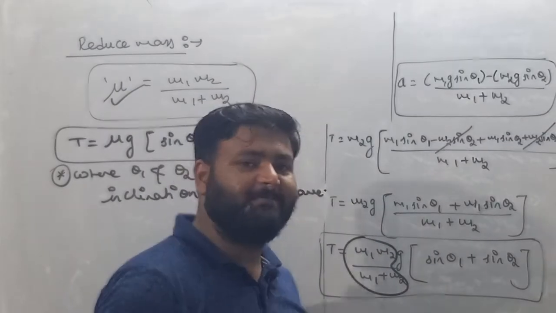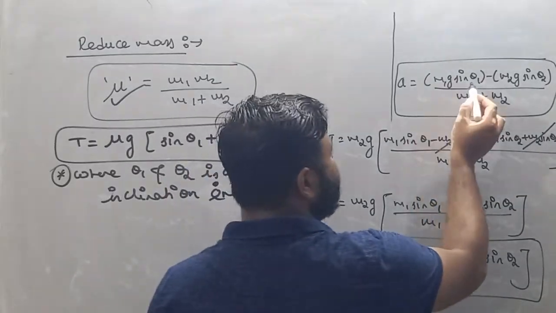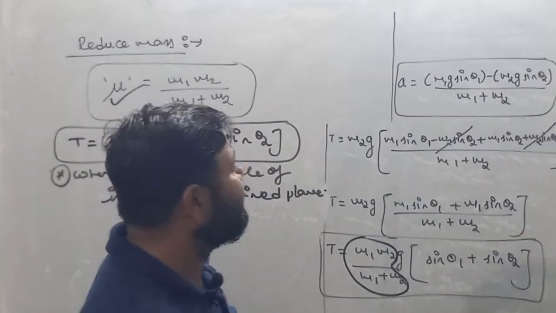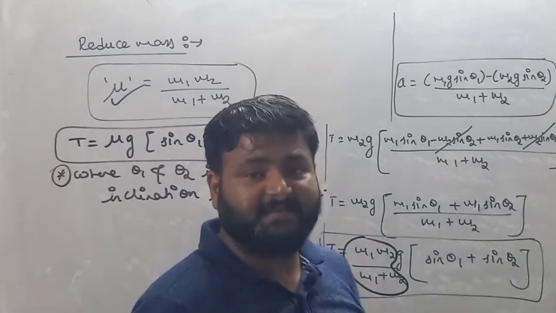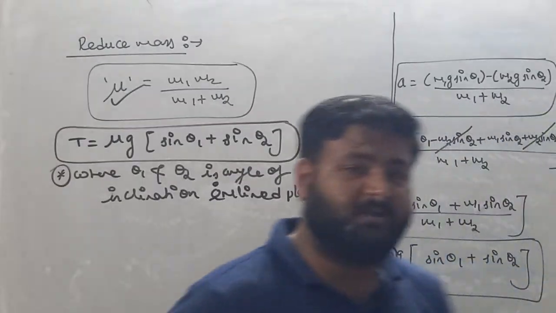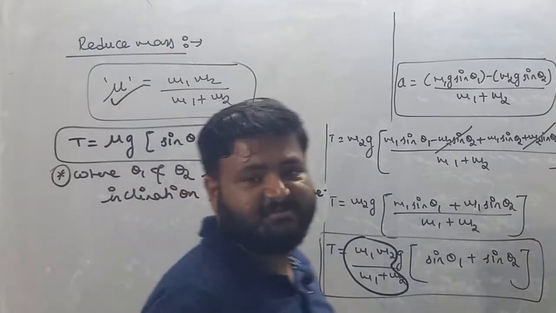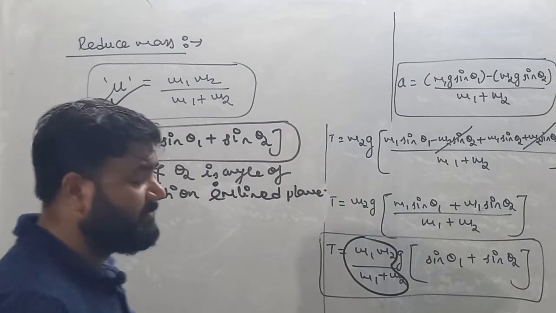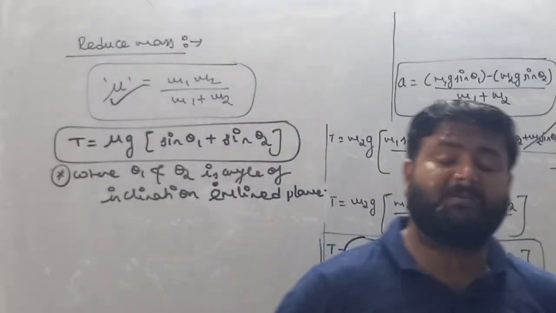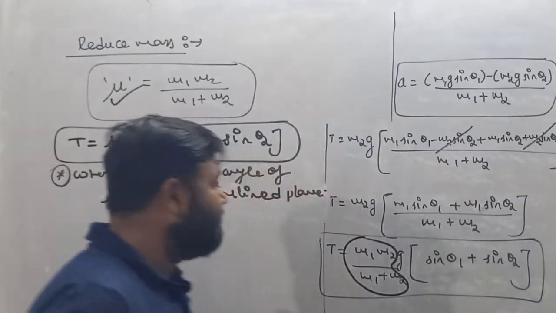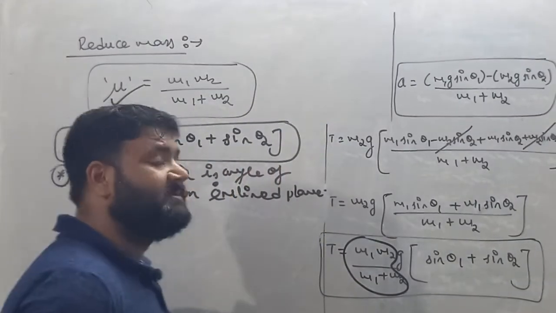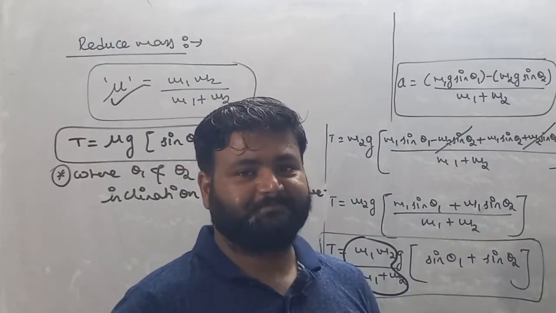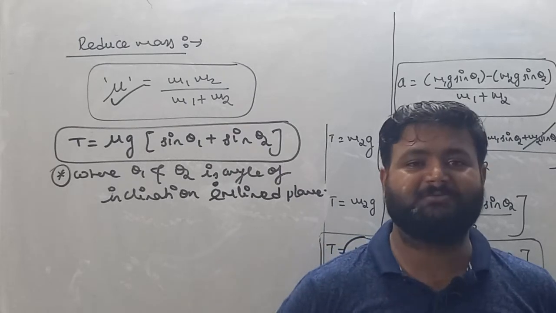So in double inclined plane, the value of acceleration is (m1g sine theta 1 minus m2g sine theta 2), or we can say (m sine theta bigger minus m sine theta smaller) into g upon mass of bigger plus mass of smaller. Similarly, the value of tension on rope which is present on double inclined plane is m1 m2g upon m1 plus m2 into (sine theta 1 plus sine theta 2). So I hope you all understand, my dear student, these all terms.